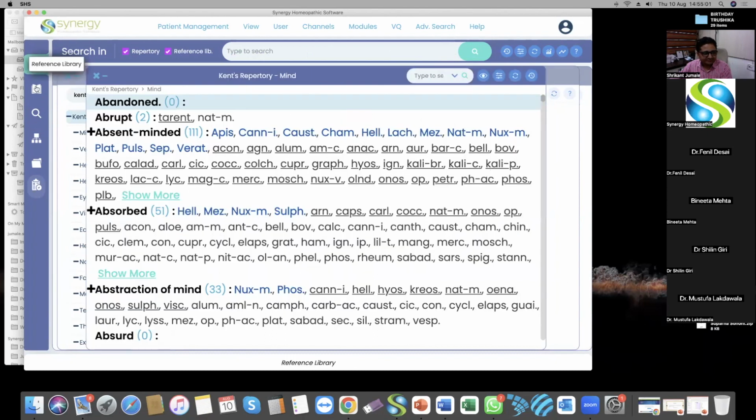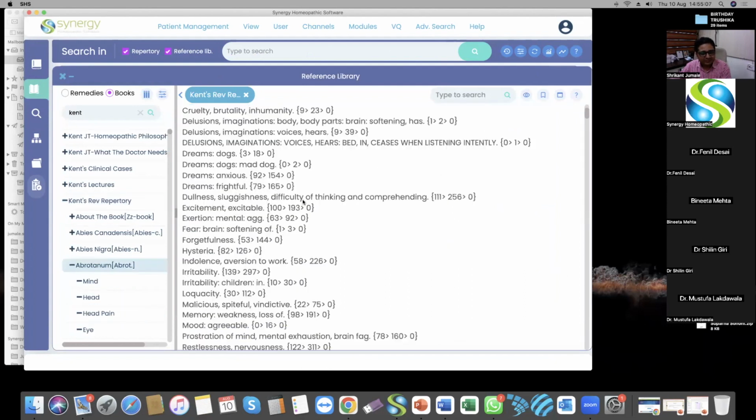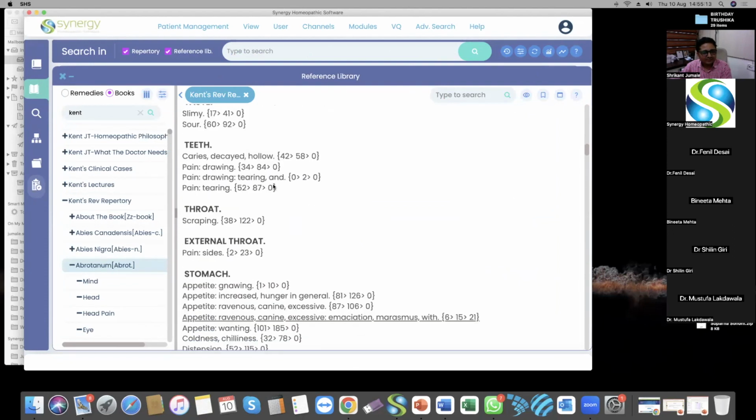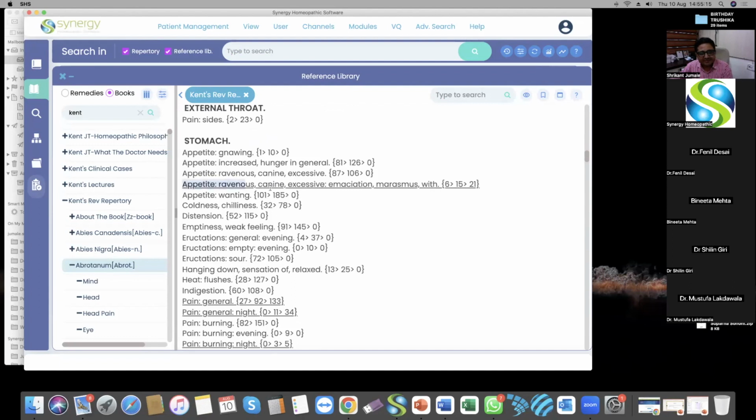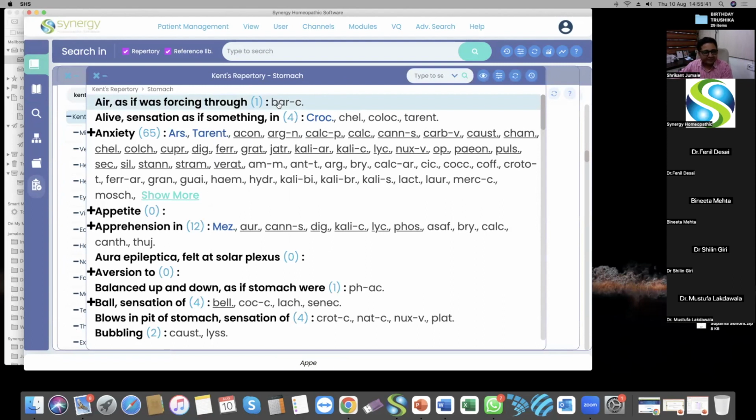For example, we'll go to abrotanum, and in abrotanum you will find here stomach, appetite, ravenous, canine, excessive, emaciation, marasmus, fit. So total there are 21 remedies. Out of that, 15 remedies are of the same gradation as abrotanum, and 6 remedies are of higher gradation than abrotanum. So you'll go back to Kent repertory, stomach, and then appetite,